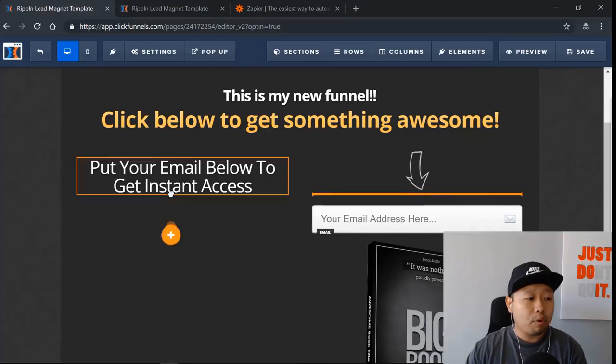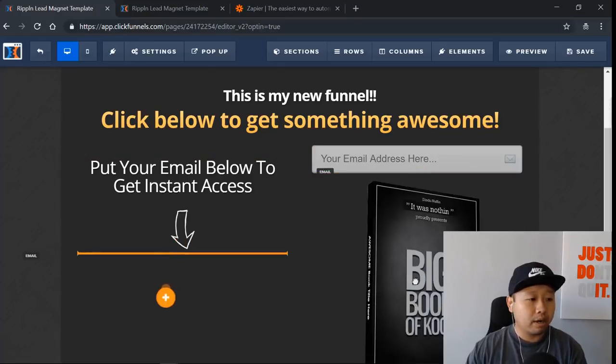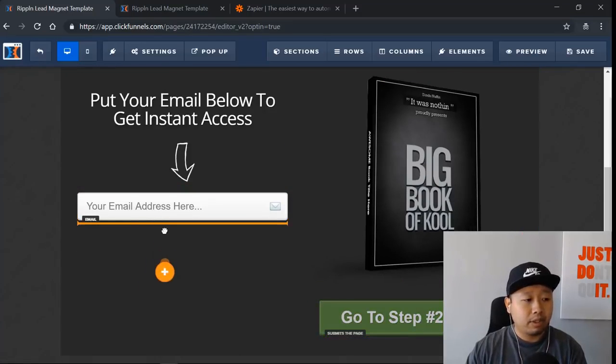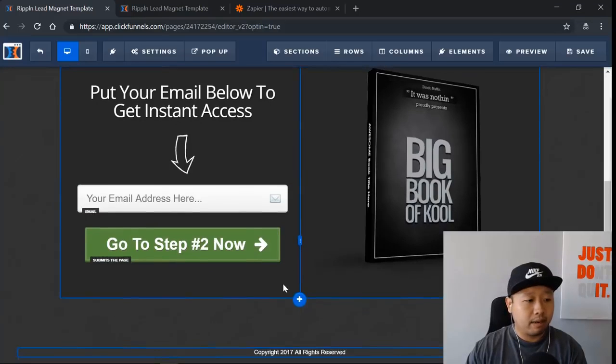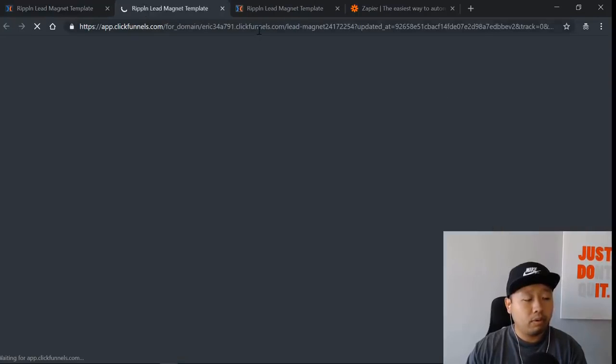See, there's no programming involved. It's literally a what-you-see-is-what-you-get editor. That's what's so awesome about ClickFunnels, is that I can build out this landing page literally in less than an hour. Okay, so now I save it, preview,